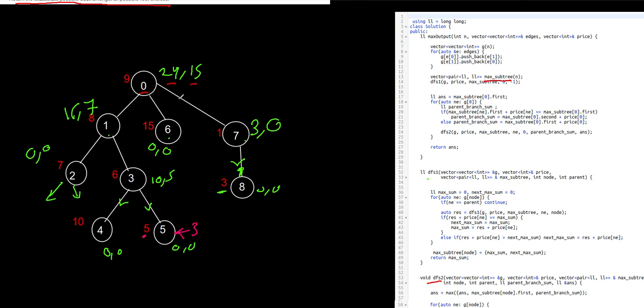Now at root 0 we know the maximum is 24. This is for the maximum subtree, which is this one, plus 9. So this will be the max path sum from this root to any leaf node, which is the max path sum from this node plus 9, minus the minimum path sum, which is the price of the node itself, and this equals 24. So for root 0